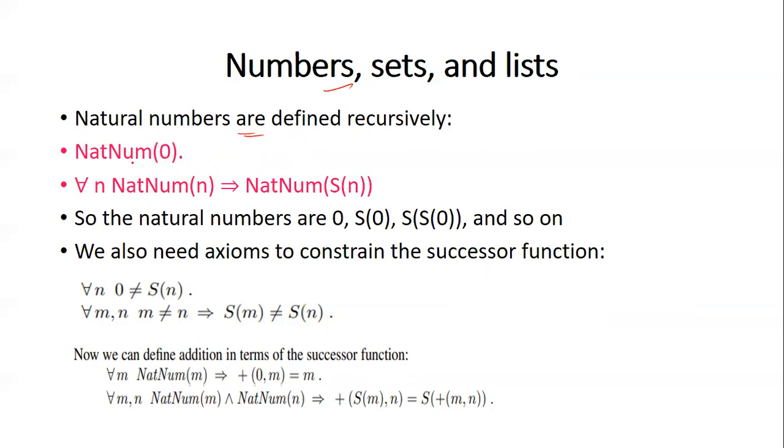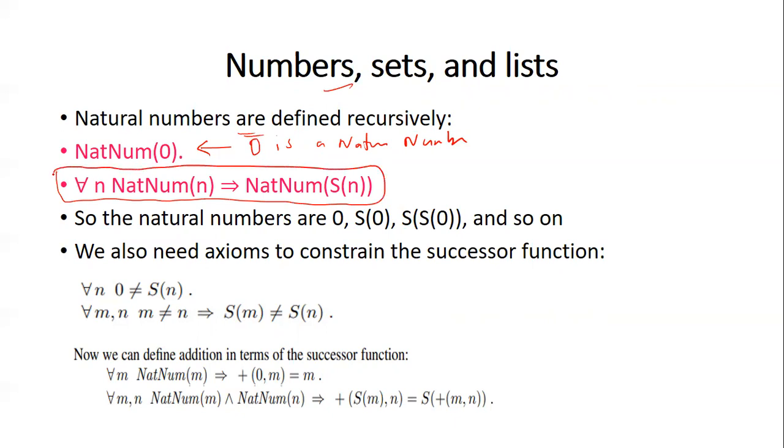Natural number of 0. Here we are saying that 0 is a natural number. So this is using first order logic. We are adding this fact to the knowledge base. What fact are we adding? The fact says that 0 is a natural number. That's what we are saying. Now, how will we add other natural numbers? Other natural numbers can be added recursively, something like this.